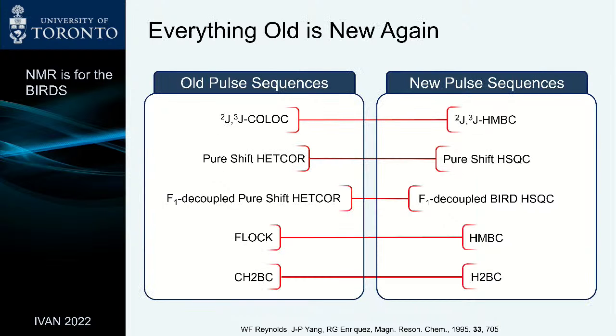here I put down the pulse sequences I developed, and here I put down what I would say are the equivalent pulse sequences. I mean equivalent in that they achieve exactly similar results. I apologize, there's an error in this slide. It says F1 decoupled; it should be F1 coupled. You have PURE, but we have the 2J, 3J COLOC, which mimics Gary Martin's 2J, 3J HMBC. Of course, pure shift HETCOR, which is better in some ways than pure shift HSQC, and F1 coupled pure shift HETCOR